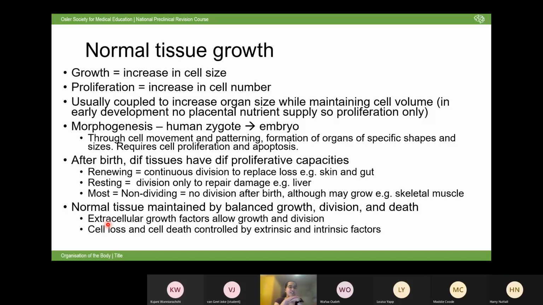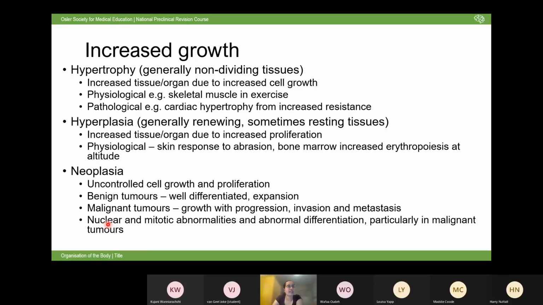And yes, so normal tissue will have balanced growth and death. And then in terms of increased growth in tissues, this can be hypertrophy, which means that there's growth without necessarily proliferation. And so obviously this will normally happen in non-dividing tissues which aren't able to proliferate, and can be physiological, for example, exercise increasing the size of muscles, or pathological, for example, hypertension causing cardiac hypertrophy and like left ventricular